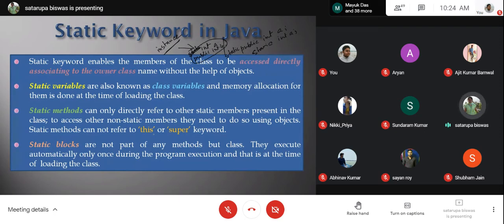You already have an idea about constructors. A constructor also executes by default when objects are getting created. When the class is getting loaded, by default the static block also will be executed.